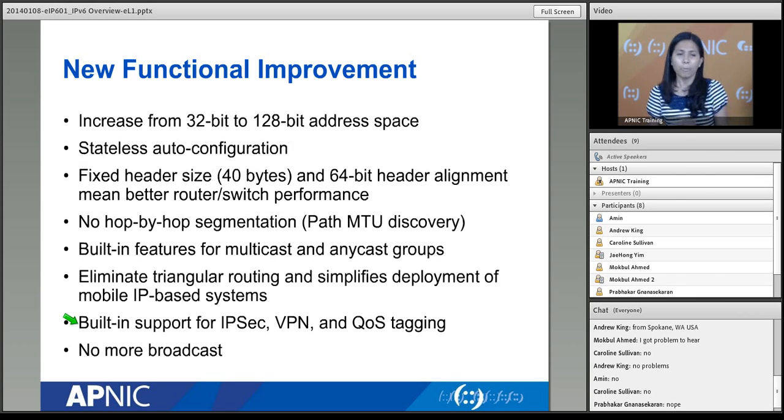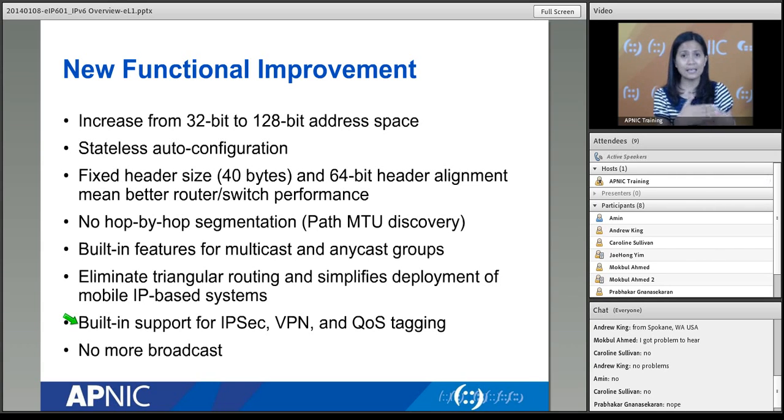Now, one common thing that you would probably hear is that people would say that IPv6 is much more secure. IPv6 is more secure because of this, because of IPsec. Okay, IPsec is IP security. We have IPsec in IPv4, but IPsec was originally designed or created to be part of the IPv6 protocol. It's only because it's taking a while for us to migrate to IPv6 that they ported this IPsec protocol to work alongside IPv4.